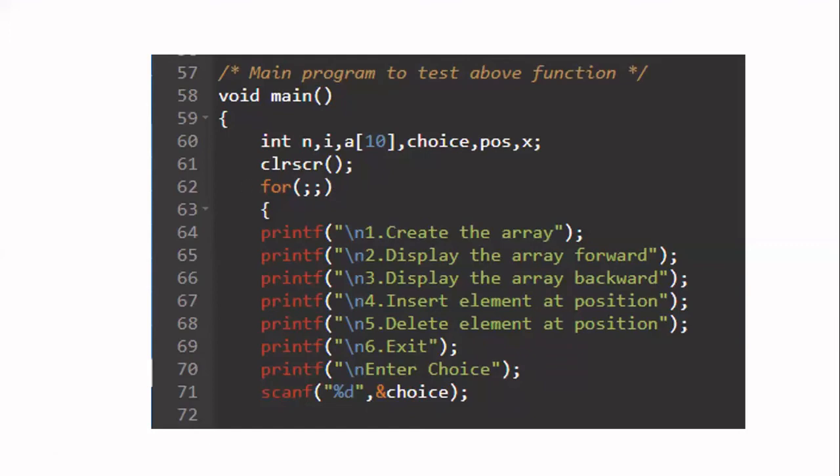The condition is true, ma'am. For every case. Infinite for loop. Condition is always true. It is infinite for loop. Okay, so whenever they are giving some statement like this, don't say it is wrong, because for for loop we are expecting that there must be some initialization, some condition, and increment decrement operation. You can even write for loop without those things also. Here I have written for loop without any of those three parameters. It is called as infinite for loop. Infinitely the for loop will be running.